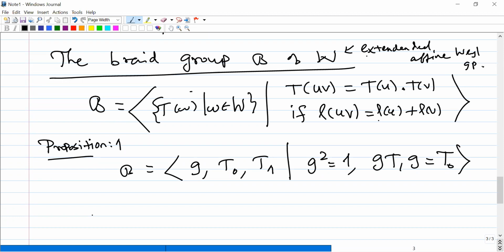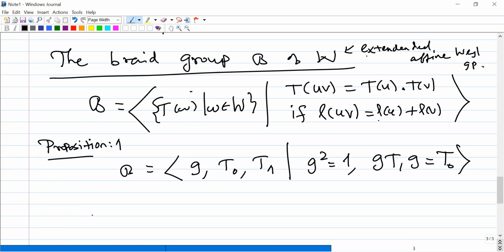If you recall, first we started with the extended affine Weyl group. Then we defined the braid group of the extended affine Weyl group and tried to understand what is happening there. Later we go to the double affine braid group, and we try to understand how that group looks. Then we go to the DAHA, the double affine Hecke algebra. So we go step by step to understand the DAHA. Towards the DAHA, this is the first step, understanding the braid group.